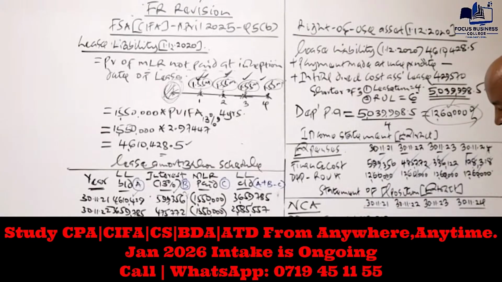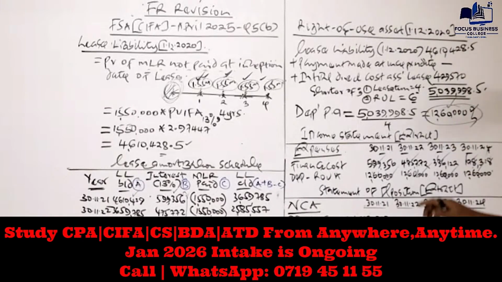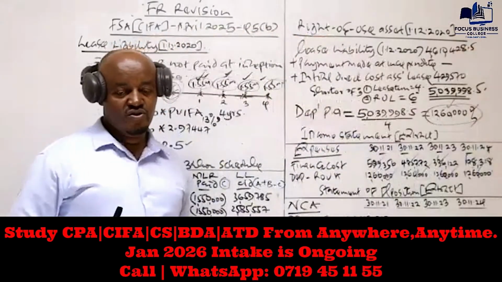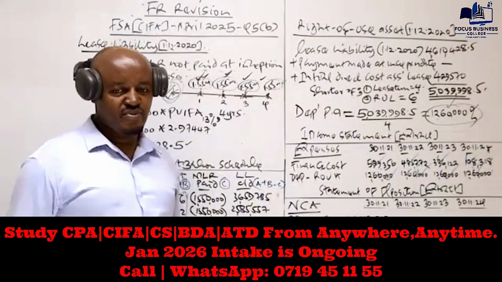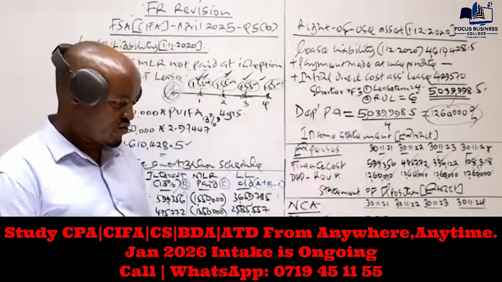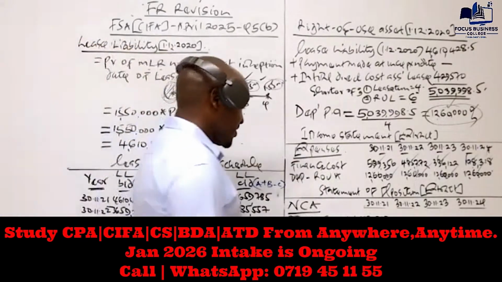So then year 2, we also do the same. In year 2, you can take this minus that depreciation. Alternatively, you take this minus depreciation for 2 years. But the easy approach is once you have computed the net book value for year 1, to get the net book value for year 2, you take the net book value at the end of year 1, and you less the depreciation for year 2. So we take this, we less depreciation for year 2, which is 1260 x part 4. And basically that will give us